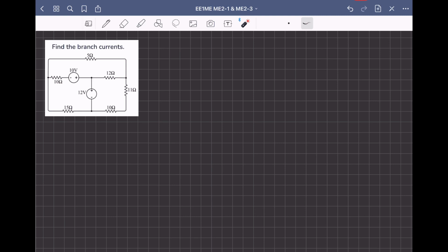So, hindi pa ako nag-supernodal dito, although you have a branch here that contains voltage lamang. Pero as you can remember, pwede naman natin itong isolve using nodal analysis din. So, that's the first thing I'm going to do. Okay? Using nodal analysis,